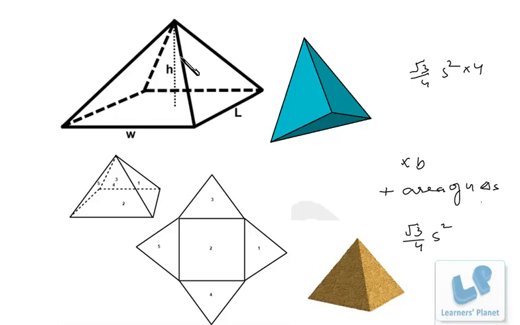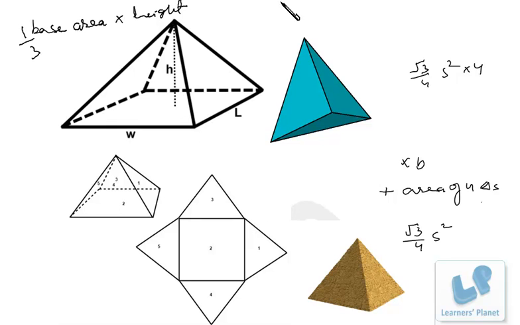Now let's see what the volume of this pyramid will be. See, the volume for every figure is actually base area into height, right? If the figure is straight, that means if it is a cylinder or maybe a cube or something like that. But in this case, the figure has slant height, right? In this case, what will happen? It will be 1/3 of the base area into height. The volume of a pyramid will be 1/3 of the base area into height, because this is not the straight one,